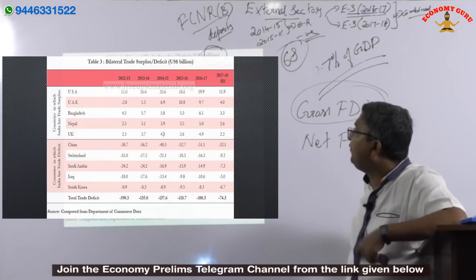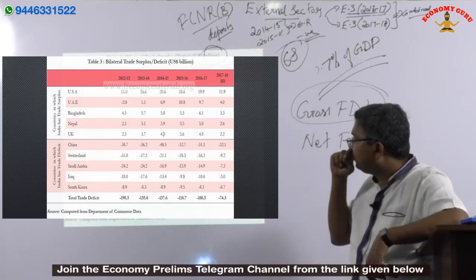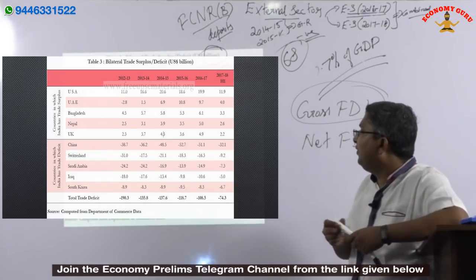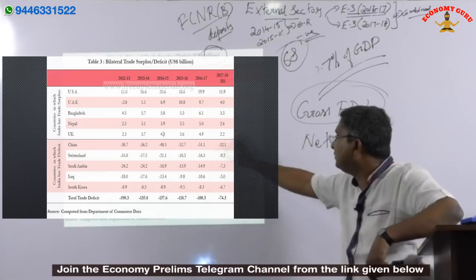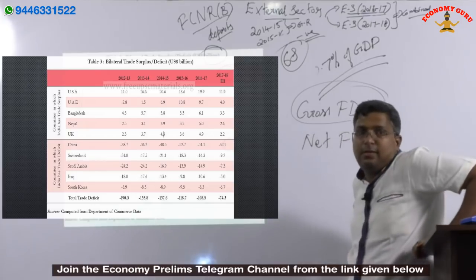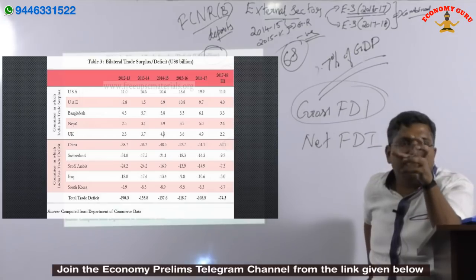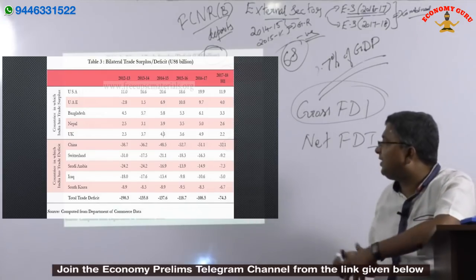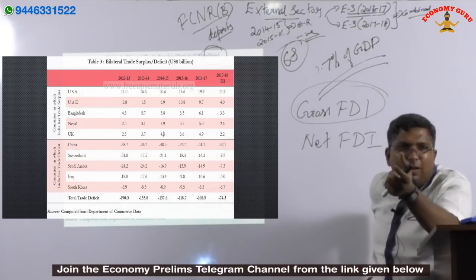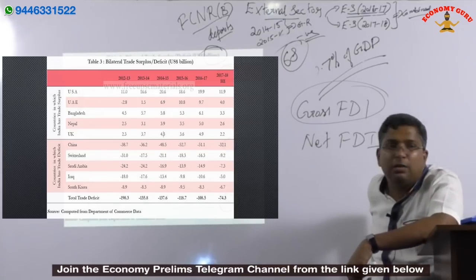Now when it comes to the trade deficit, a very interesting thing is that with China the amount is 51 billion, and it has increased in 17-18. With China, we are having a trade deficit of 51 billion. See the total trade deficit, 108. So almost, you can't say 50%, but more than 45% of India's trade deficit is contributed by